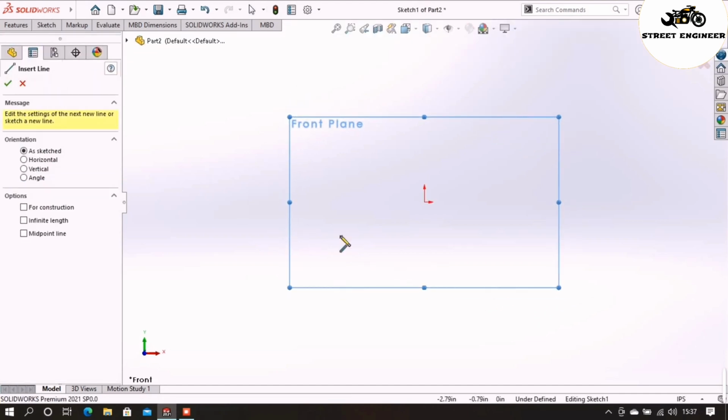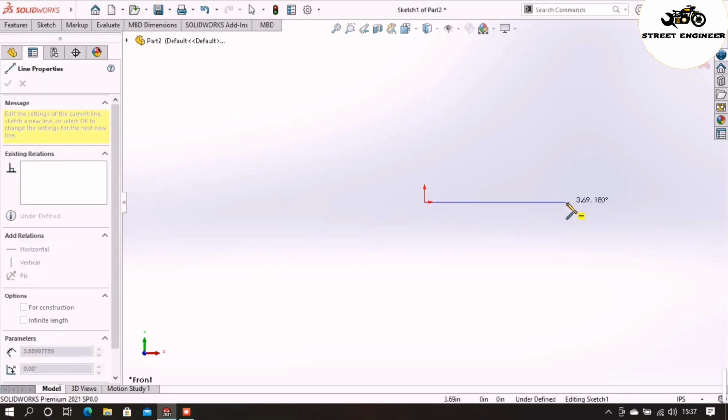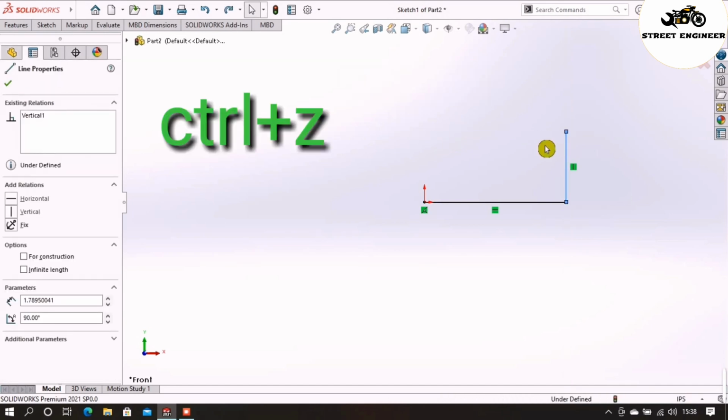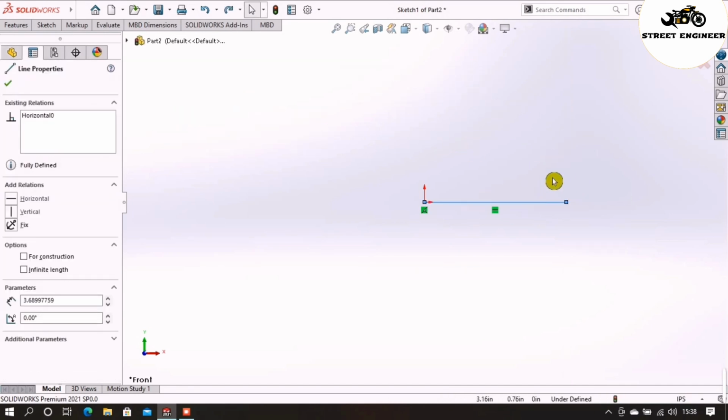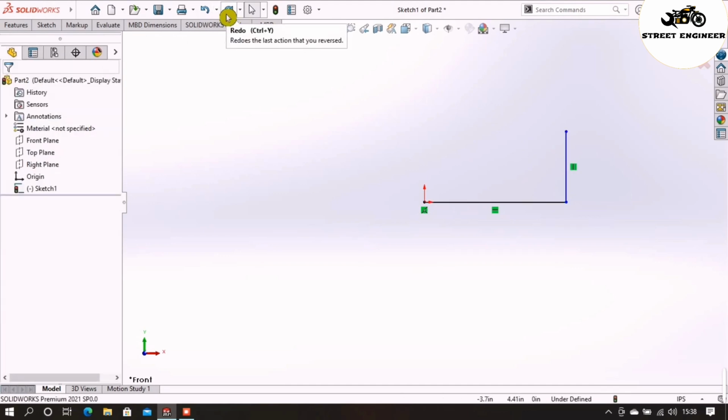Let's select line. This is the property tab. From here we can also modify our design by entering dimensions and details. To draw a line, just click and release the left mouse button and drag the mouse, and again double click the mouse to end the line. But if I click one time, then the line will continue, so we need to click twice. For redo, just click Ctrl plus Z, or else you can find the redo and undo icons on the top menu. And also you can delete your design by simply selecting it and pressing the delete key on the keyboard.